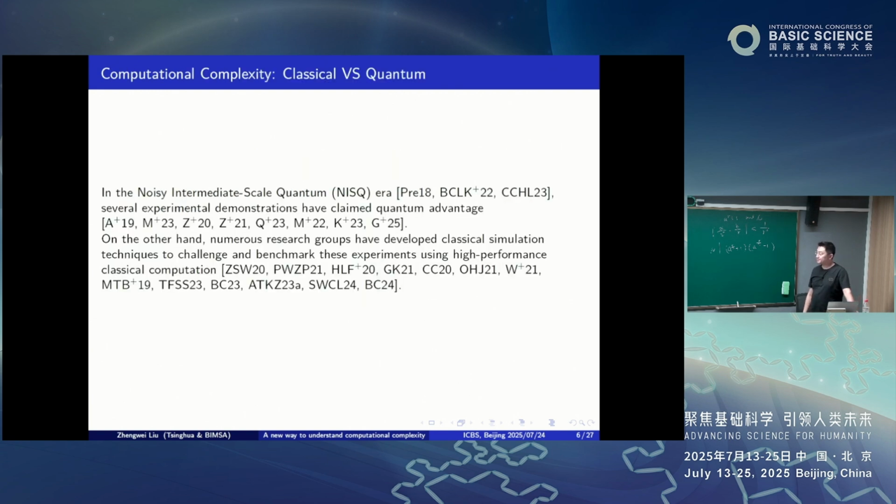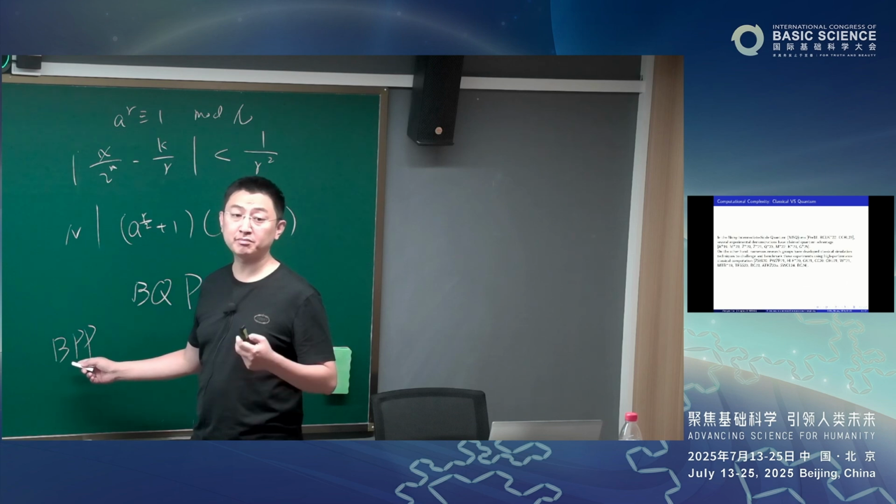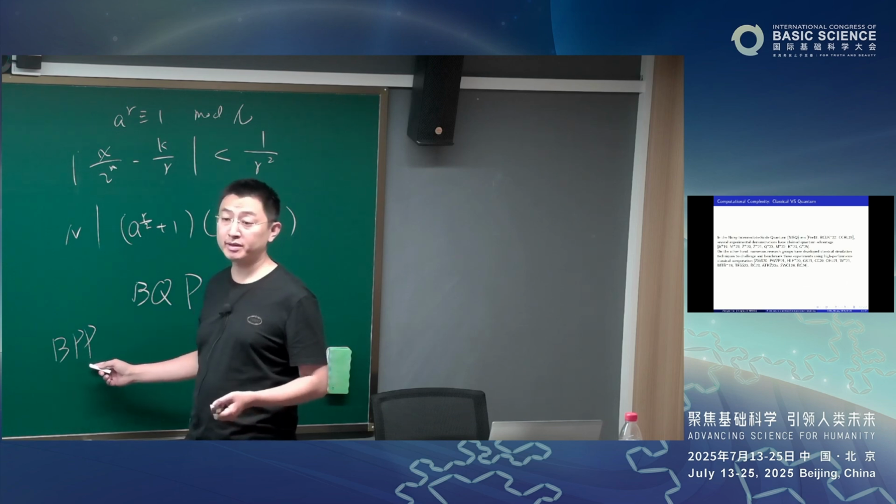Well, so theoretically, that gives us an algorithm that a quantum computer can do in polynomial time and solve a problem that's hard for a classical computer. Those kinds of algorithms are called BQP. So the problem can be solved in polynomial time by a quantum computer. And another class is called BPP. Those are problems that can be solved by a classical computer in polynomial time, with high probability.